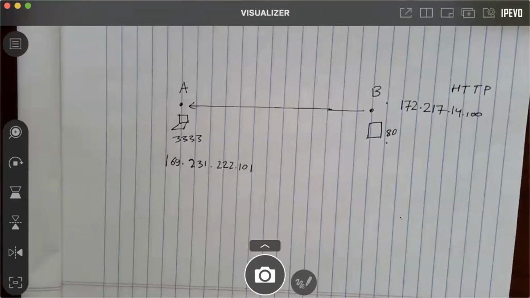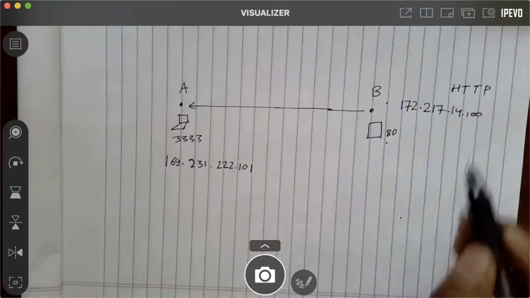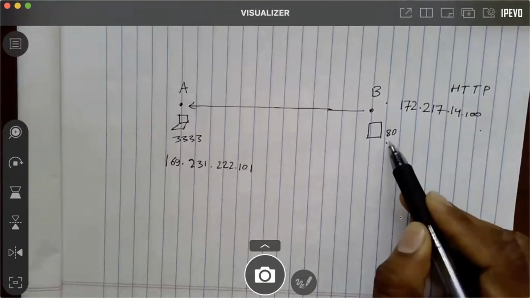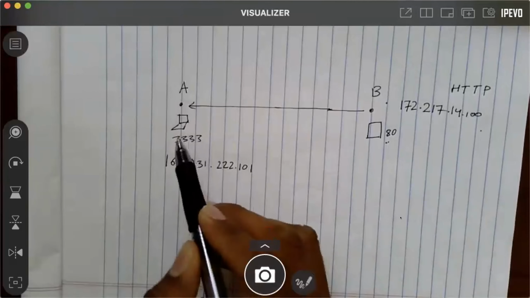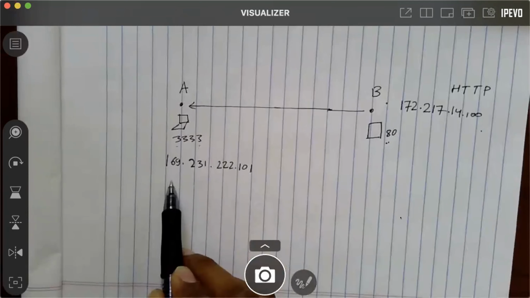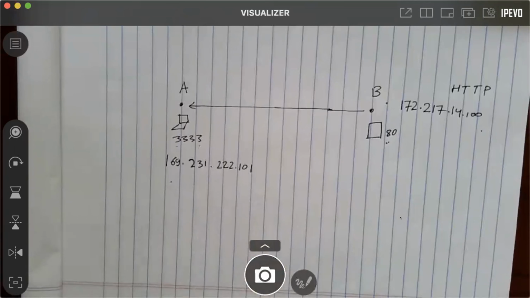response is coming back to me. For the packets belonging to this response, they will have a source IP which is 172.217.14.100, and the source port will be 80, and the destination port will be 33333, and the destination IP will be 169.231.22.101, right? Okay, this is clear. And